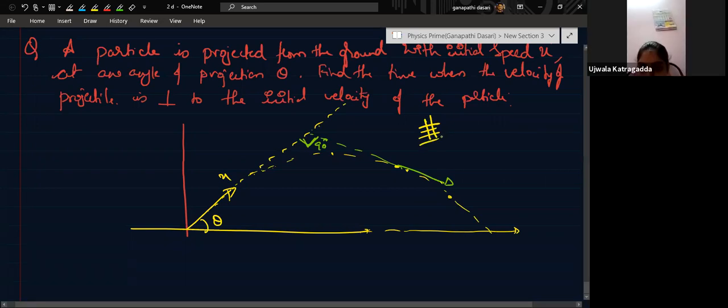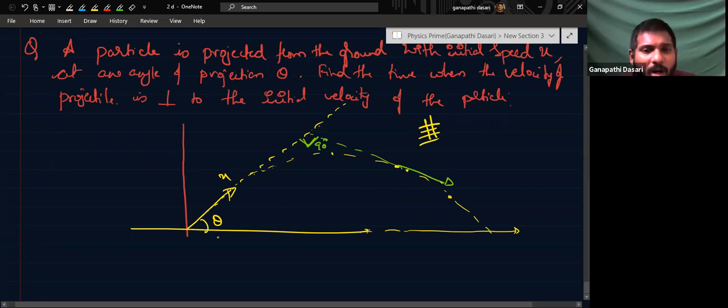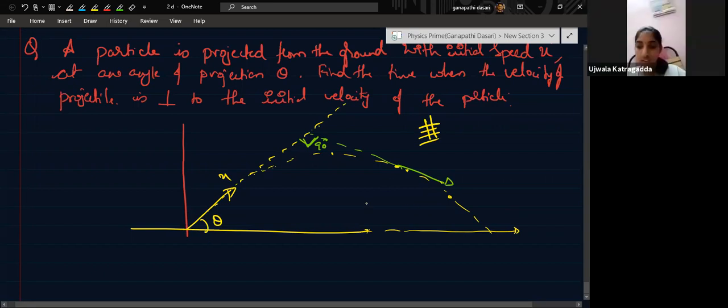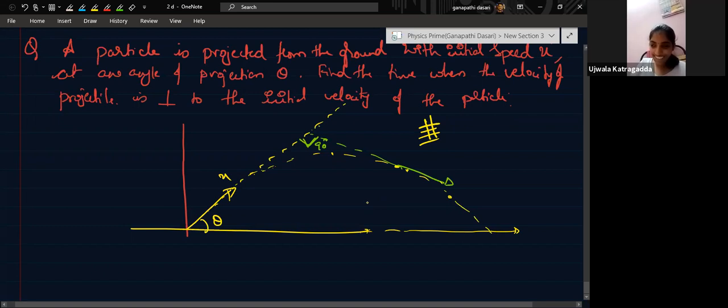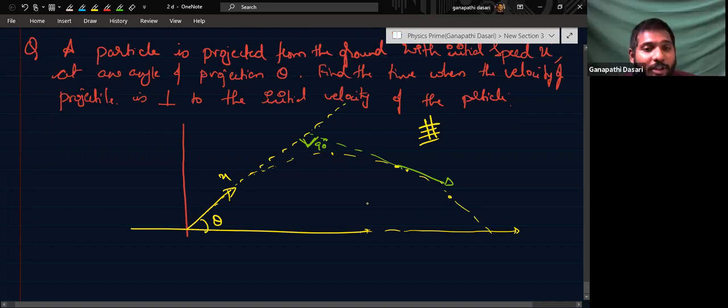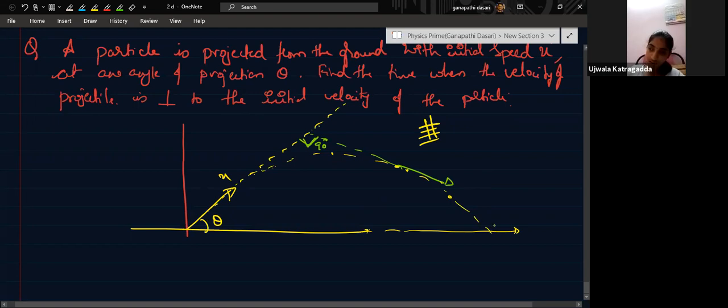Theta 1 plus theta 2 is equal to 90 degrees? No, that is not this point. Theta 1 plus theta 2 is for the same velocity and two different angles, where the range is equal. You remember the fundamental, but it doesn't mean whenever I teach you, you remember that same point and forget whatever conditions I told. The condition was: for a given velocity, there are two different angles of projection for the range to be equal. I drew the two diagrams also. Angles are different, but in the two diagrams the range is the same.